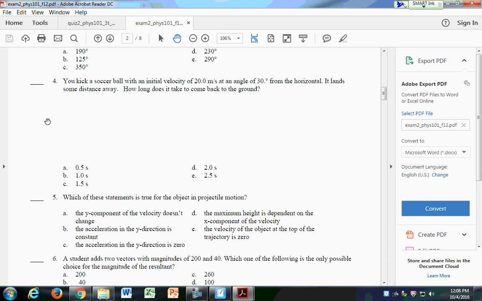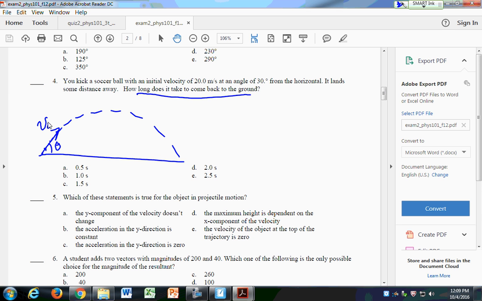In this case, I have an object that comes up and then comes back down, and I just want to know how long does it take to come back to the ground. And I give you the initial velocity, v0, and I give you the angle, theta. And there are a couple ways you can do this. I can look at the velocity and how it changes with time in the y direction using the fact up here that it goes to 0, or I can look at the position. We did this in class, but I'm going to stick with the first way of doing that,